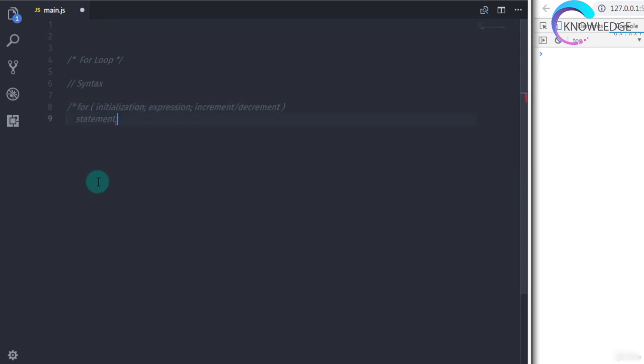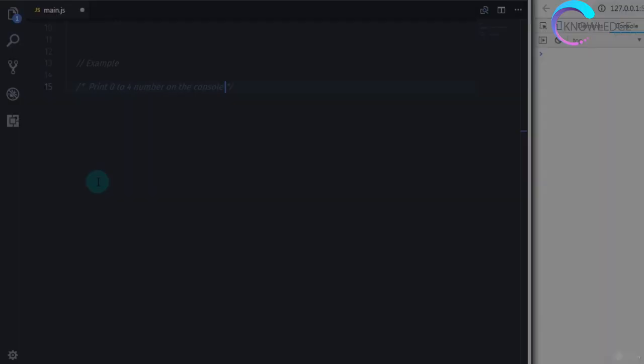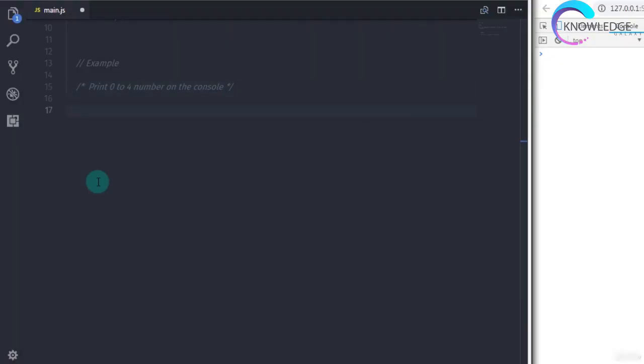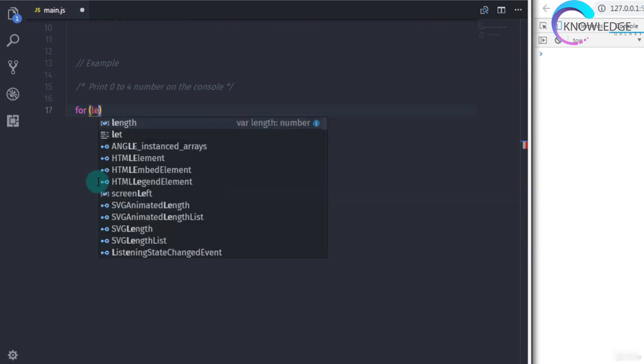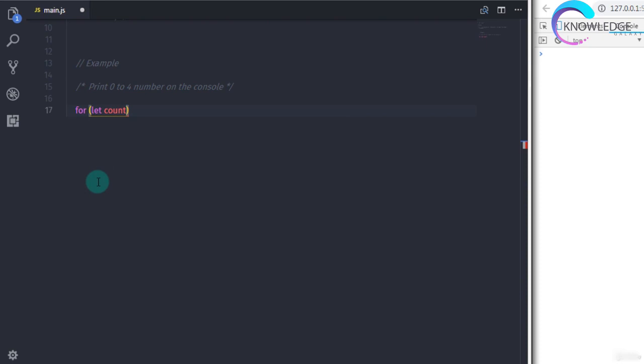Using an example, you will get a complete understanding of the for loop. So let's take an example. We will print the numbers 0 to 4 on the console using a for loop. So we specify for, and in the parenthesis we first initialize the variable. I will say let count is equal to 0, then specify a semicolon.